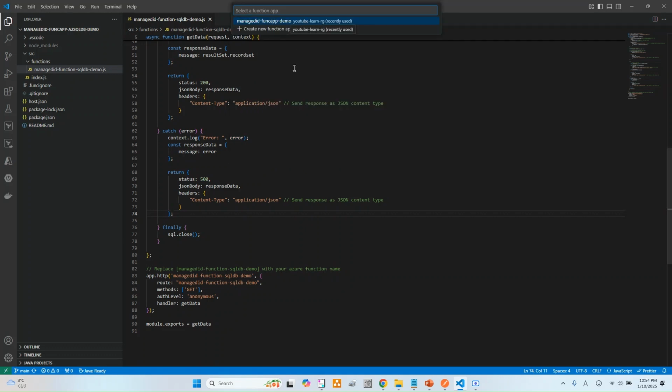and here you need to sign in to the Azure account using this. Once you click this button, it will display here sign in. So you need to get signed into your Azure account so that you can access the Azure resources that are available in the Azure cloud from the VS Code. Since I have already signed in, the function app which I created in the Azure portal is displayed here. Select this one,